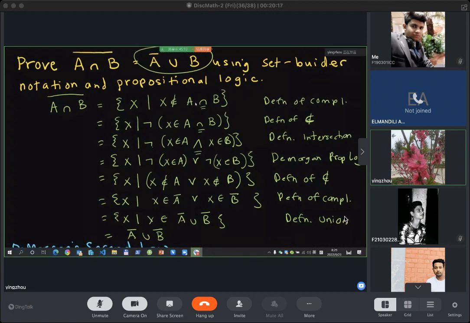So this set feature is actually the logic, and logical changes with the former and the logical underneath this set builder notation. That is the second way. And the third way,